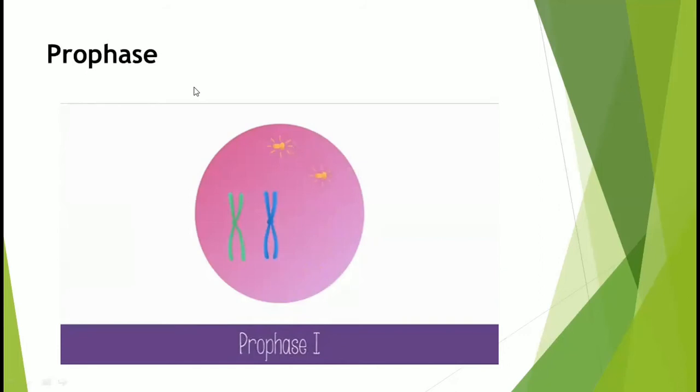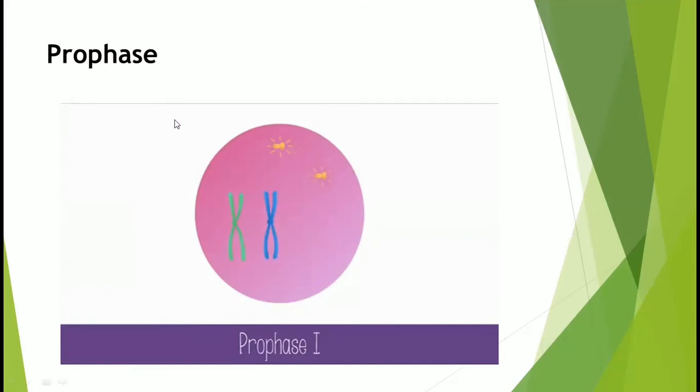In prophase, condensation of the thin thread-like chromosomes starts. Due to this, they become short and thick and start to appear along with their pairs of sister chromatids. This is a pair of sister chromatids. This is a single chromatid coming here. These appear as sister chromatids. That is the prophase.